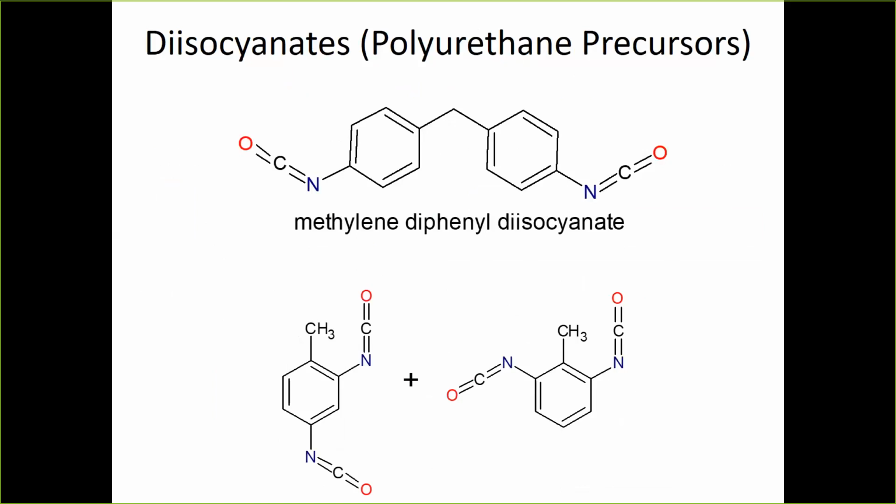The second one here, and we haven't talked about common names yet for substituted benzene rings, the common name for a methyl benzene ring, nobody ever calls it methylbenzene, is toluene. So here you see two different toluene diisocyanates. You see a 2,4 and you see a 2,6. The 2,4 is the one on the left, and that one's present in about 80% versus the 2,6, which is more hindered, present about 20%. And this is another one that's big for occupational asthma, and it's called bathtub refinisher's lung. So that's toluene diisocyanate.